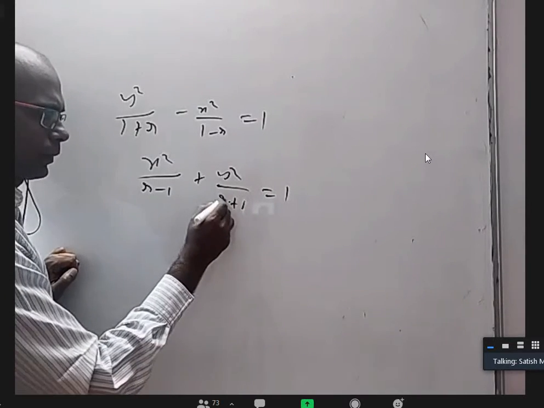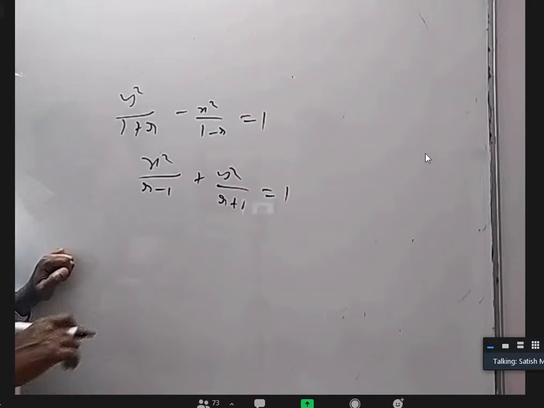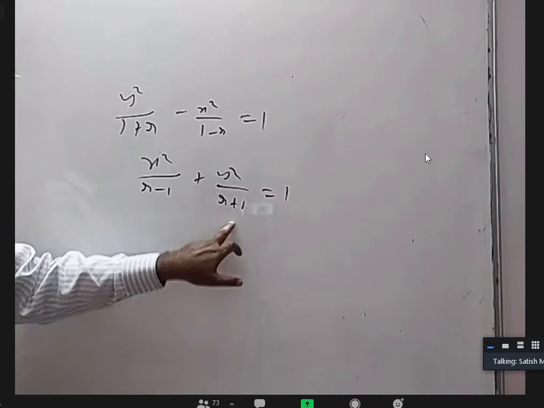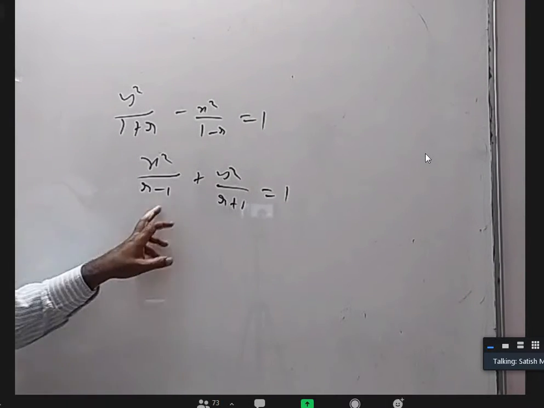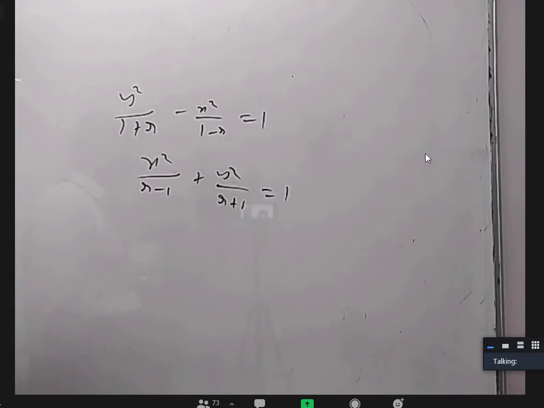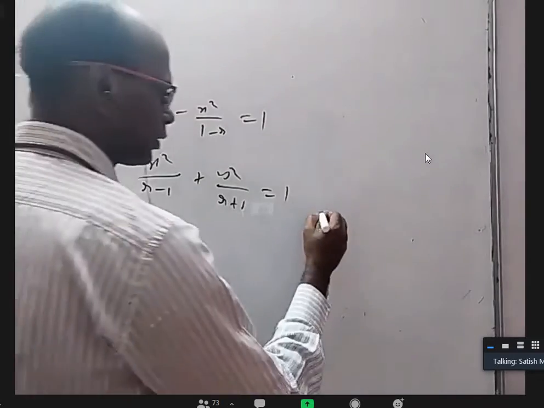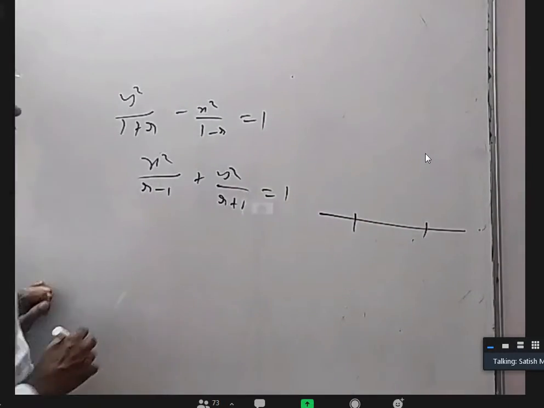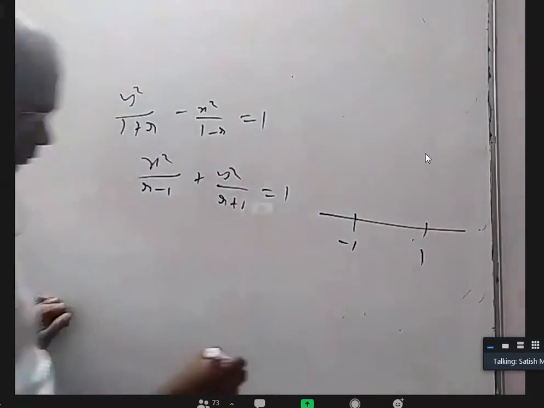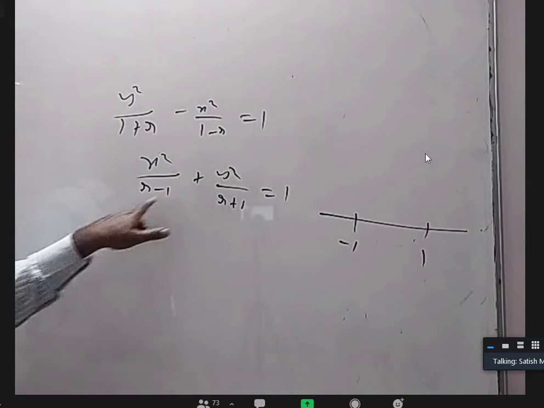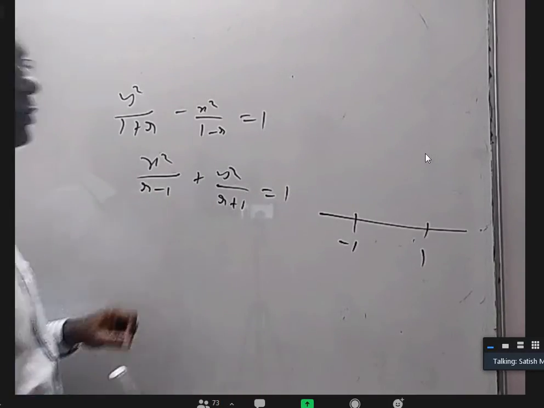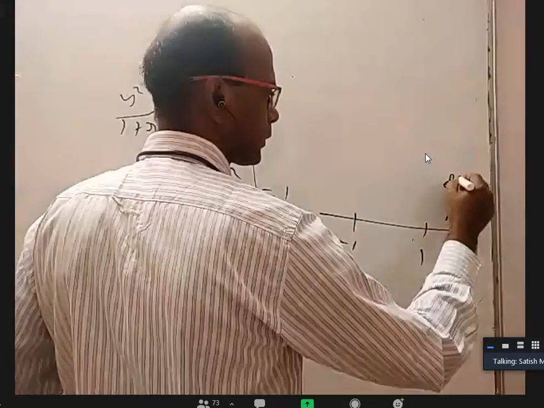Now neither this should be 0 nor this should be 0. When both are positive, it's an ellipse. And that too, when this is greater than this, it is a horizontal ellipse, and when this is greater than this, it is a vertical ellipse. When these two are equal, it will be a circle, and these being equal is not possible, right? So first of all, if I take a number line, where this is 0, or positive or negative depends on the minus. If I take anything more than 1, this is positive and this is positive, and this is smaller than this. So it is always a vertical ellipse. So here it is an ellipse, and that too like this.